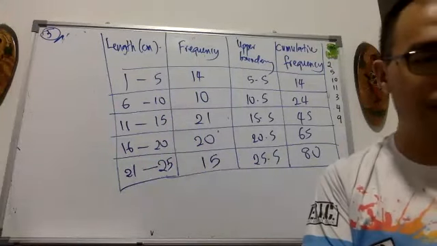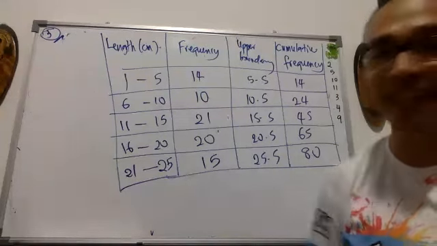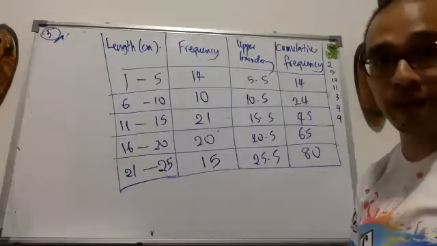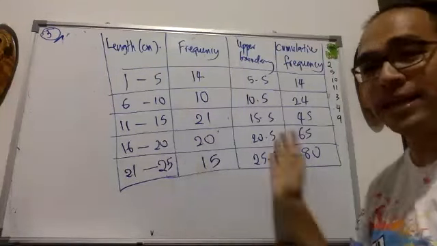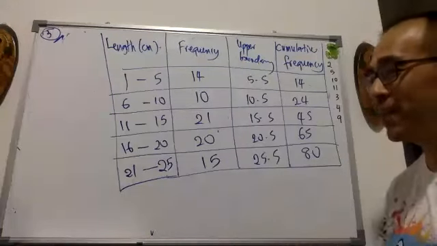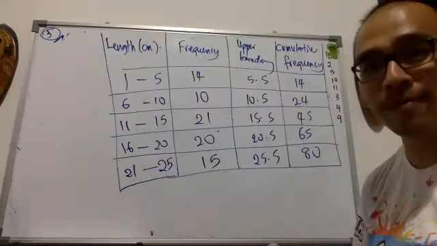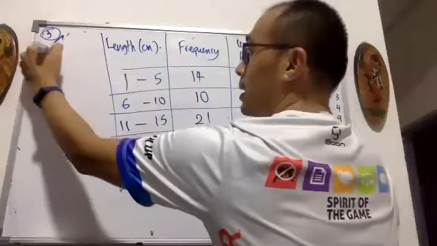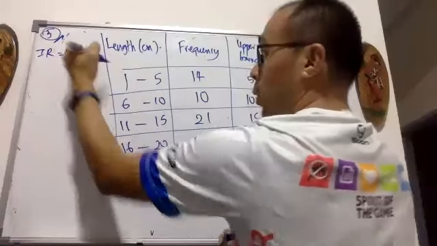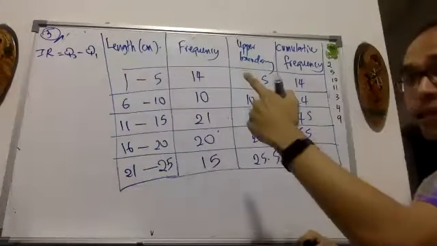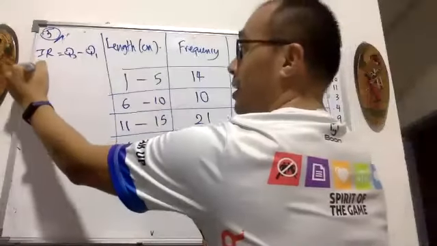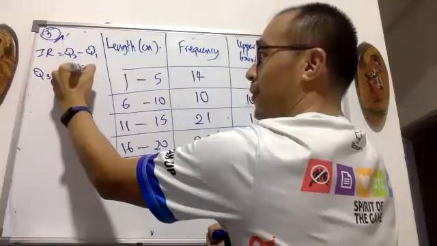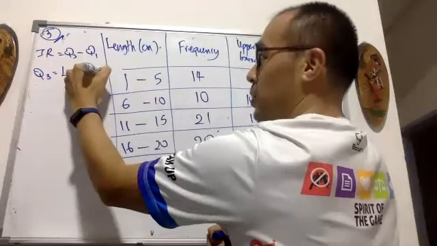Okay, based on the table constructed, calculate the interquartile range. Okay, so this is my problem now. I want to count the interquartile range, but the space that I have is too small. I hope you remember what is the formula for interquartile range. Interquartile range is the third quartile minus the first quartile. But even then, the third quartile has another formula of its own. Okay, the third quartile is the lower boundary of the third quartile plus 3 over 4n minus f q3 over,